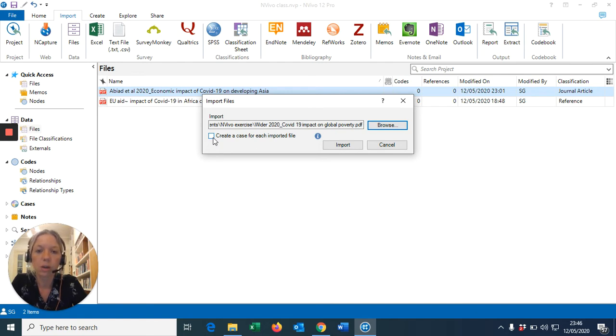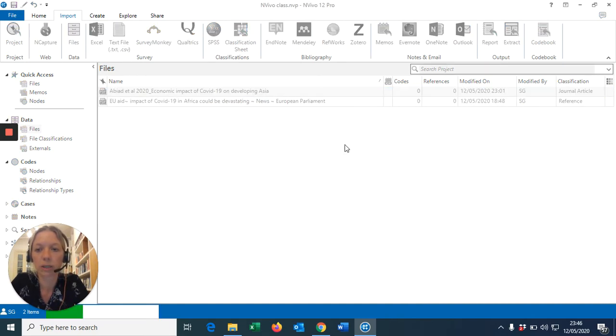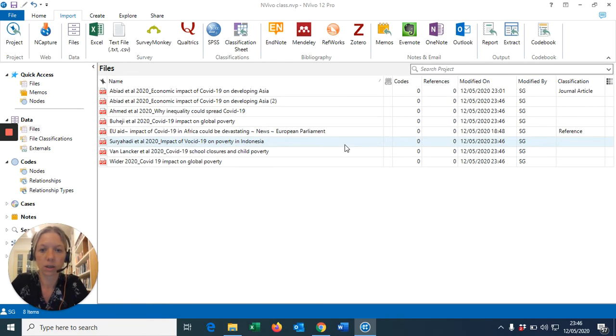which is not useful here because these articles as such, they do not match with our units of analysis. Here, the cases that I defined in this project are countries. So we want to look for different countries, what the impact of COVID-19 crisis on poverty has been. So we don't tick this box, we just import, and now it's going to import all the 6 journal